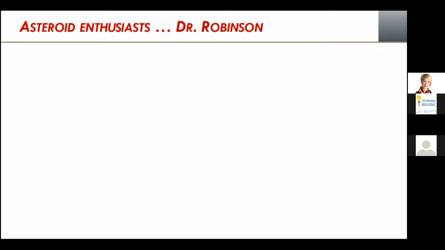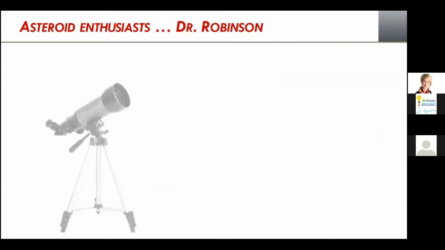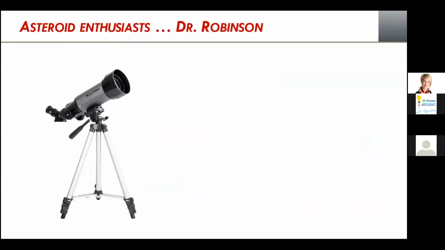So Dr. Robinson calculates the approximate distance from the Earth to the asteroid. She does this by going into the astronomical literature and the cosmological literature, so she knows that it's going to go by on this day around this time in this patch of sky, and it's going to be approximately X distance away from Earth. So she uses that information to select the right telescope with the appropriate telescopic power that she needs to detect the asteroid.